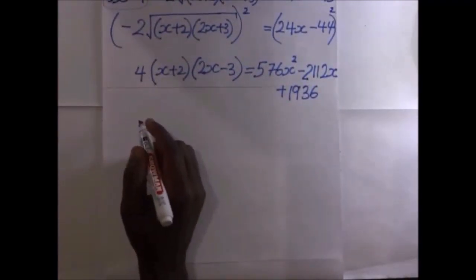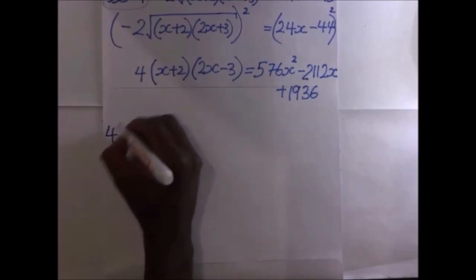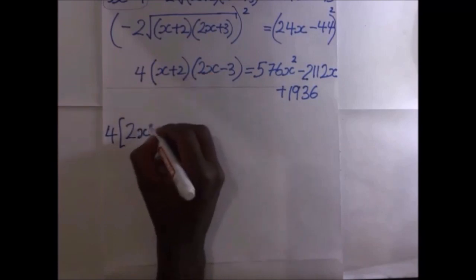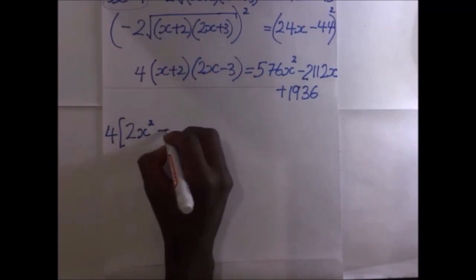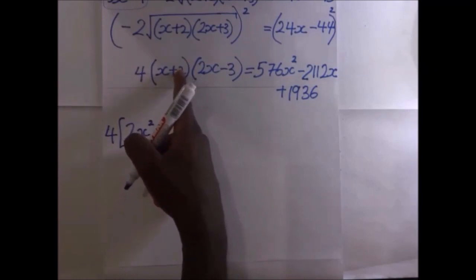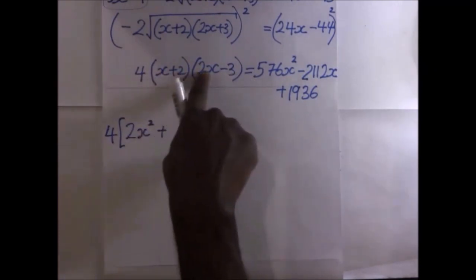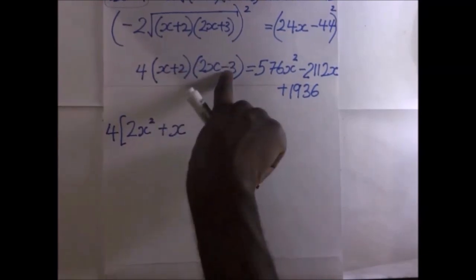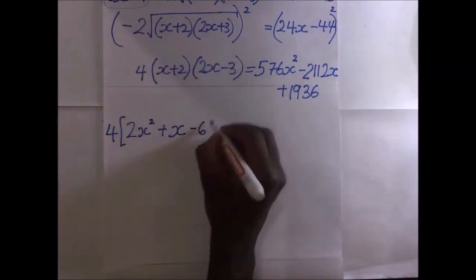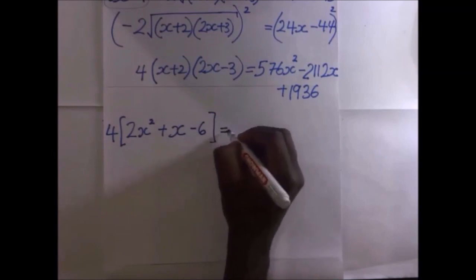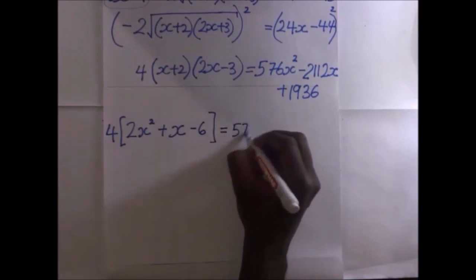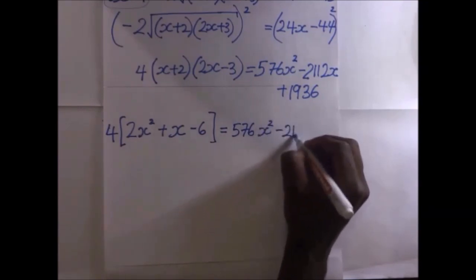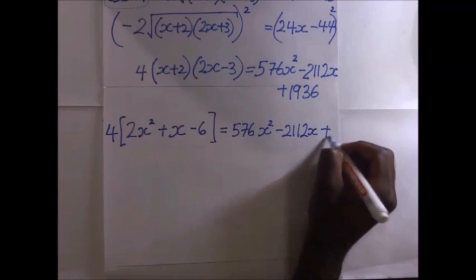So this becomes, when we expand that 4 into this, this times that is 2x squared, plus this times that plus this times that is going to give us plus x. Then 2 times negative 3 is going to give us negative 6. This is supposed to be equal to 576x squared minus 2112x plus